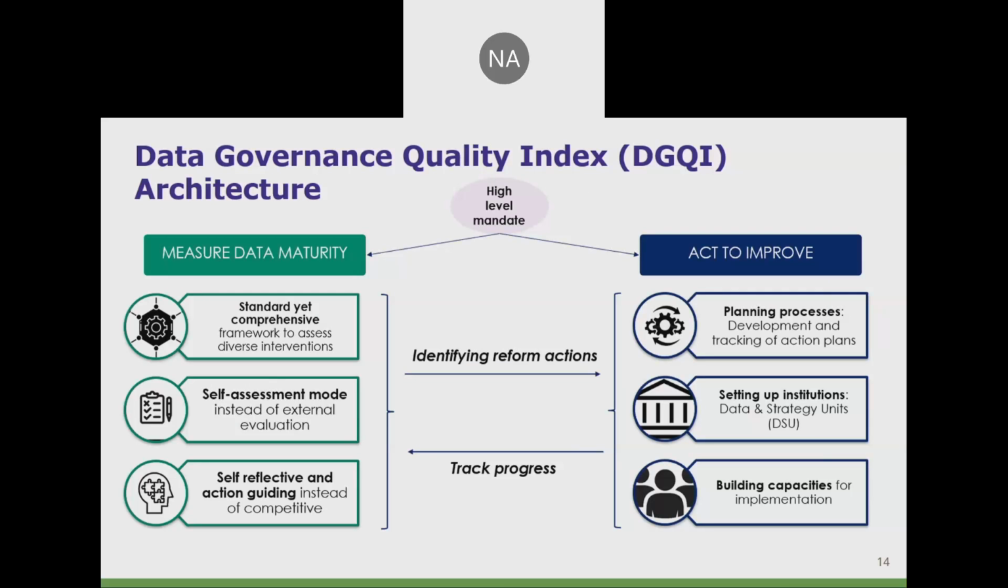Now that mandate can come from the Chief Secretary of the state or from the Chief Minister in the state itself. And with that mandate, every state should then look to effectively have two broad arms. One is what we did in the case of the central government. We had a measurement approach. And on the other side, we were building the act approach, which is where we drive the reforms. In the measurement, using a